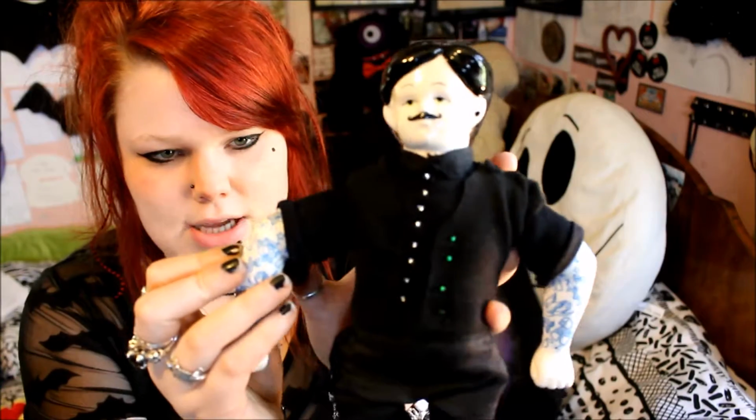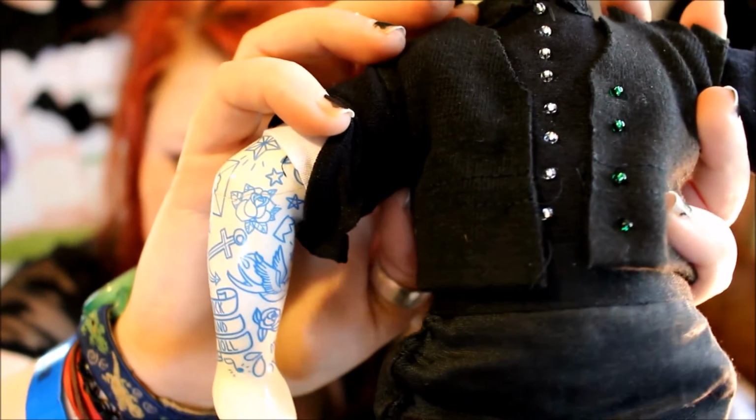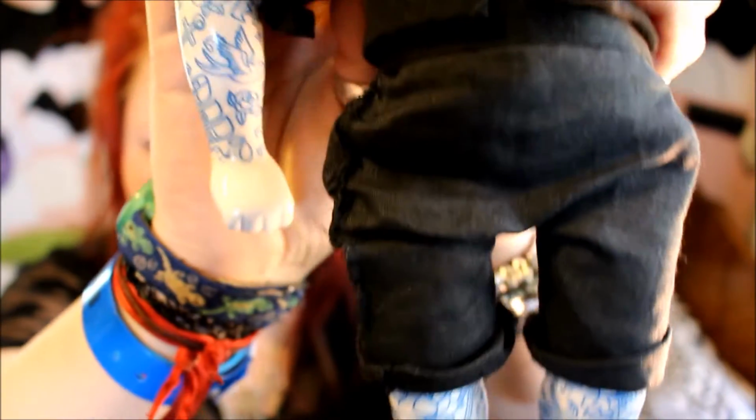I did have a slight issue with my strongman doll. I had him in the box when he was in pieces, and I opened the box the wrong way round and his arm fell out and smashed. So this arm is fully glued back together. The cracks aren't really that noticeable, and the actual tattoos, which are on both arms and both legs,